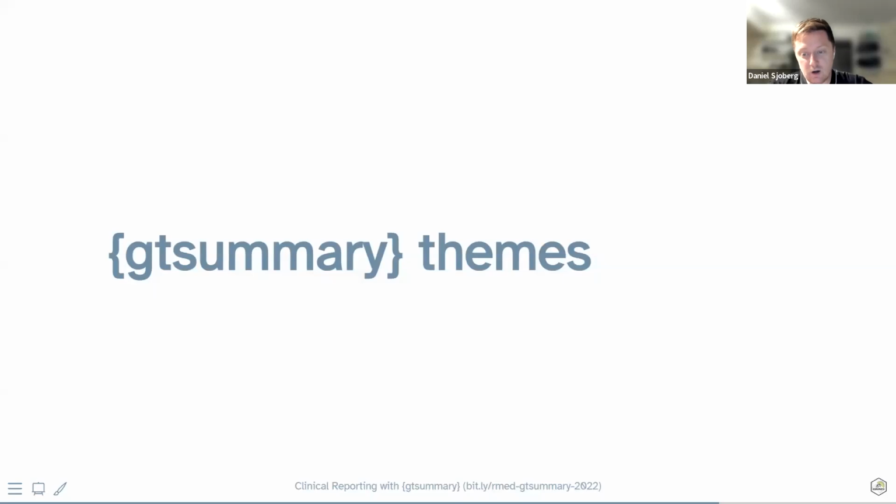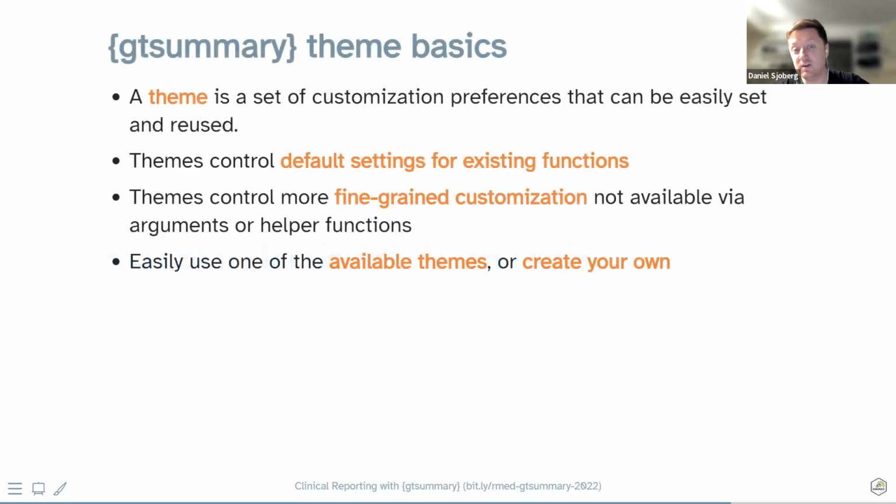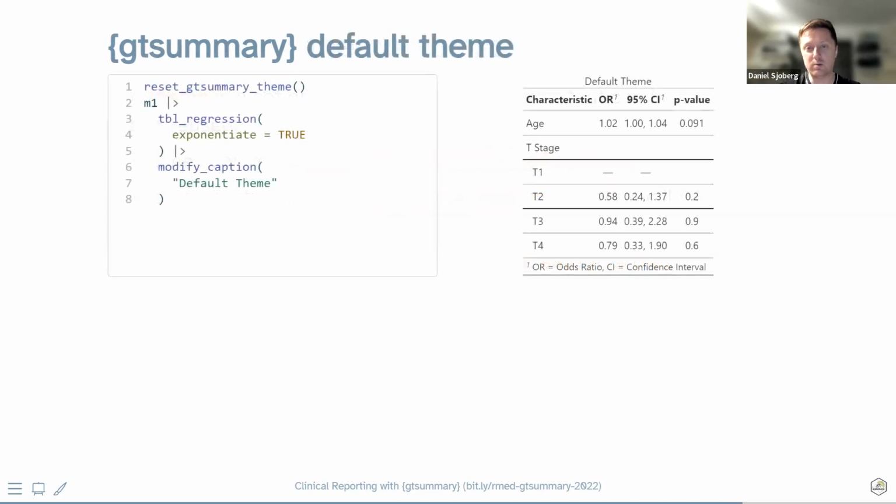Themes. So I love themes. I love them so much. The themes are a way that we've built to make incredibly customized tables by just setting one line. So you could, for example, have the Daniel Sjoberg theme, and it changes a lot of the default argument values, but it also can change a lot of things in the package that are actually not available to modify with arguments. So we'll go over a couple of examples here.